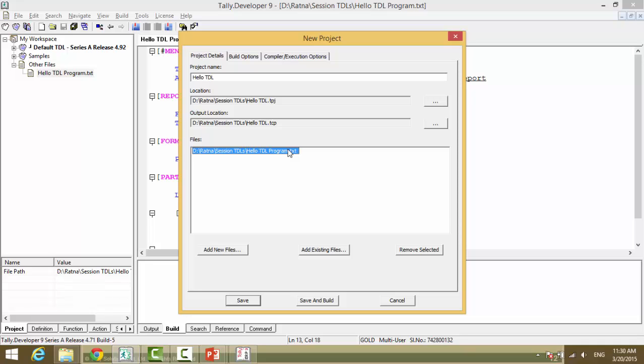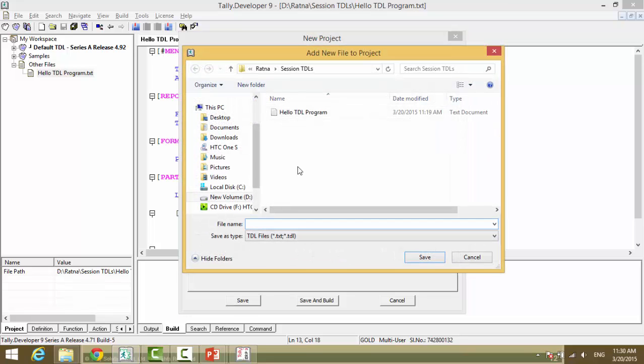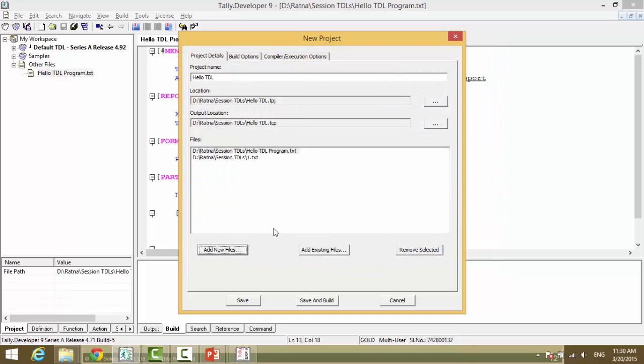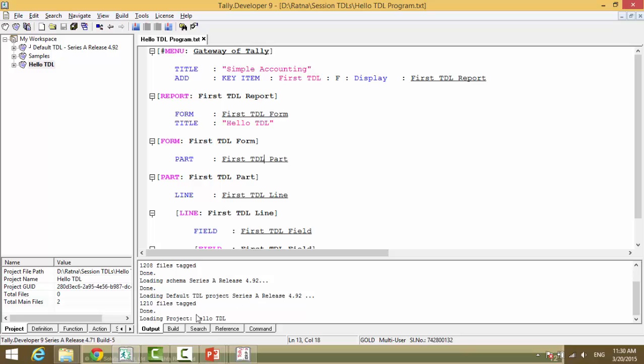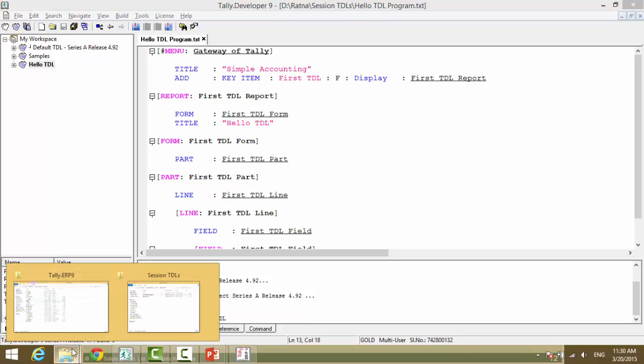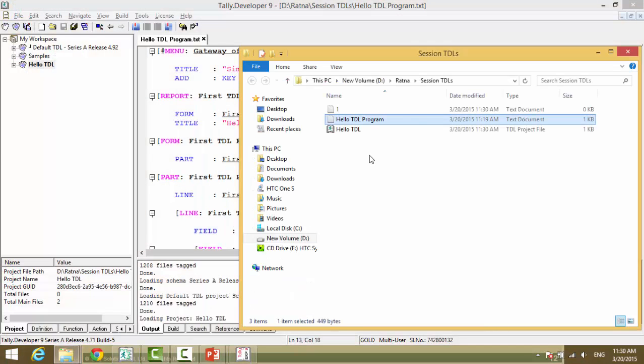You can add multiple text files. Either you can click on new, add new files, and you can add one more file and save, or the other way is, say a file is created here,